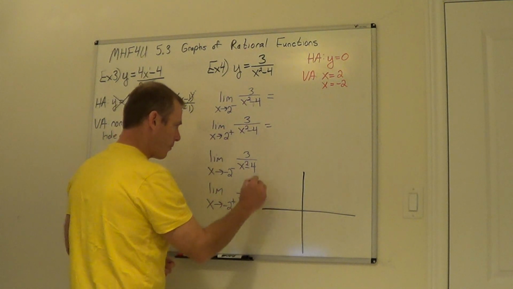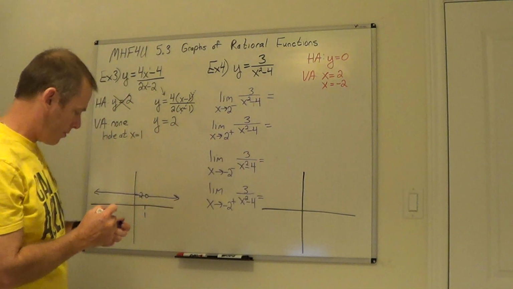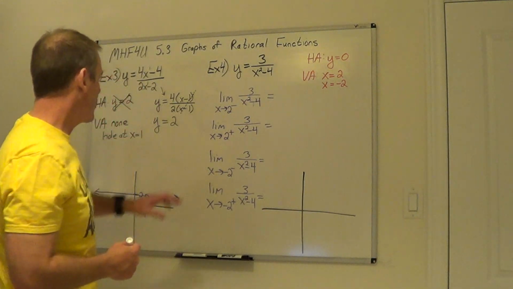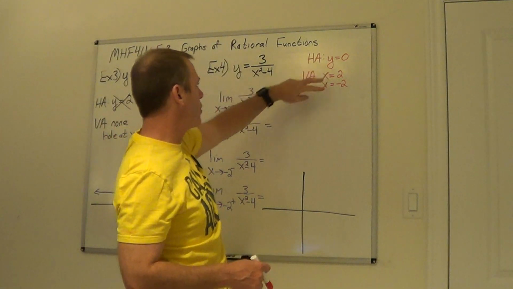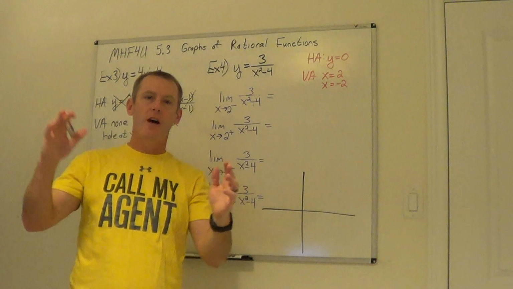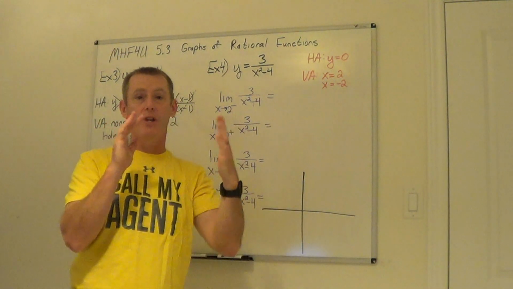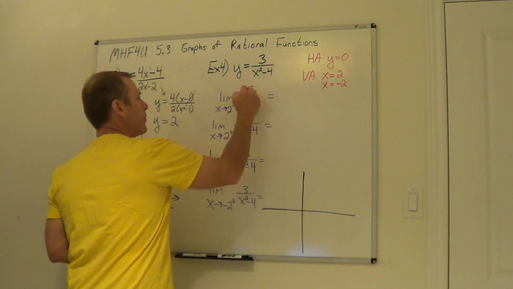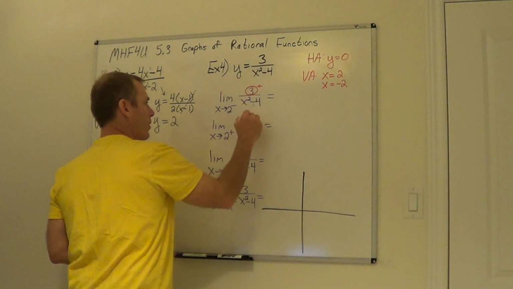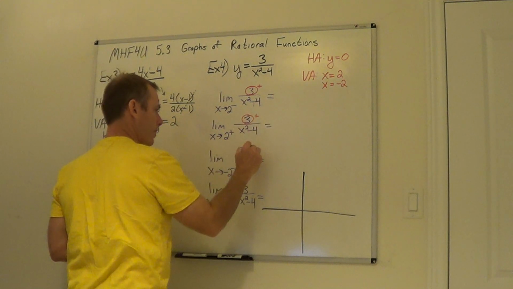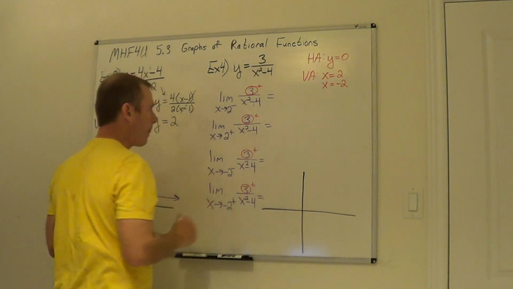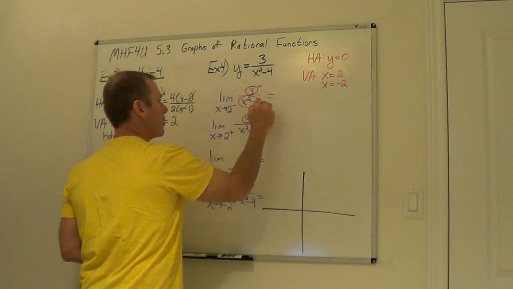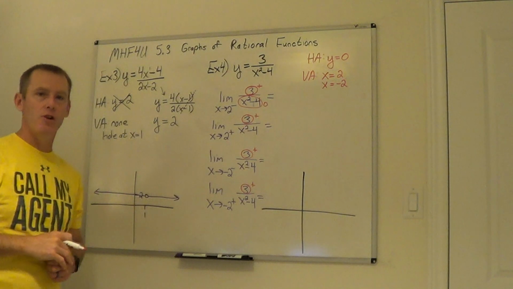There we go. Alright, so we'll find out what hopefully our graph there doesn't run into it. Alright, so here we go. So again, I'm looking at 2 different vertical asymptotes, but I have to look at the behavior of the graph from both the left-hand side and the right-hand side on each of them. Alright, so now in all of these limits, the top is 3. It doesn't change no matter what x value I have, so it's always going to be a positive number up top. Now, the bottom, as I approach 2, it's going to be 0,